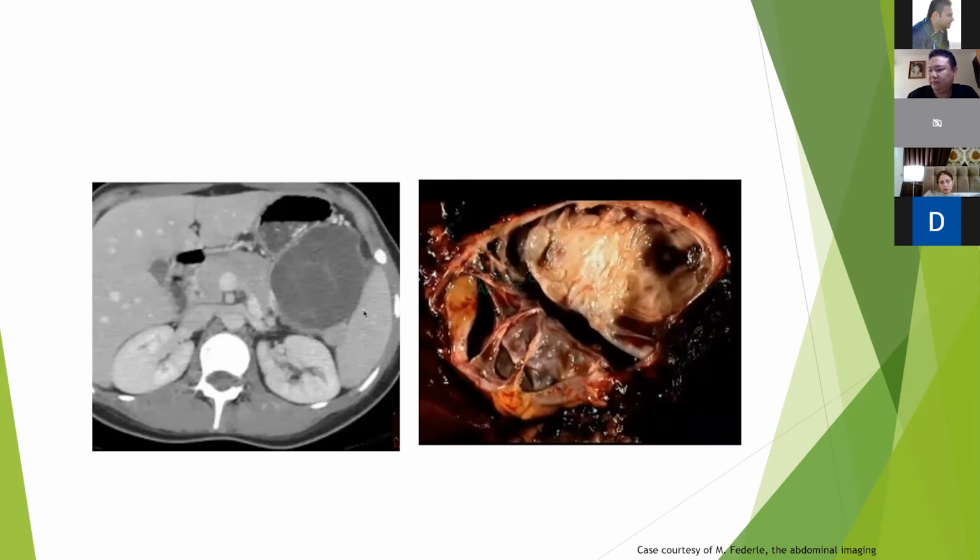This is a 43-year-old woman with a large encapsulated cystic mass in the tail of the pancreas. The mass shows thin septa and large locules. This is a characteristic appearance of MCN. On histopathology, the mass shows only